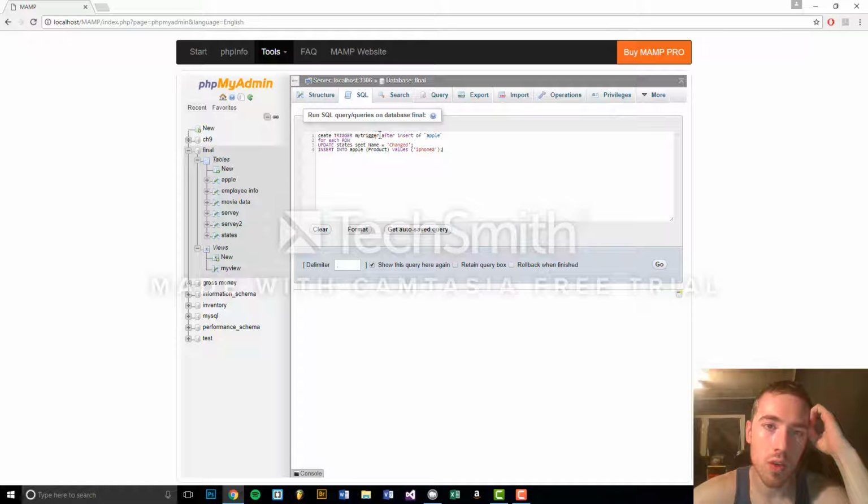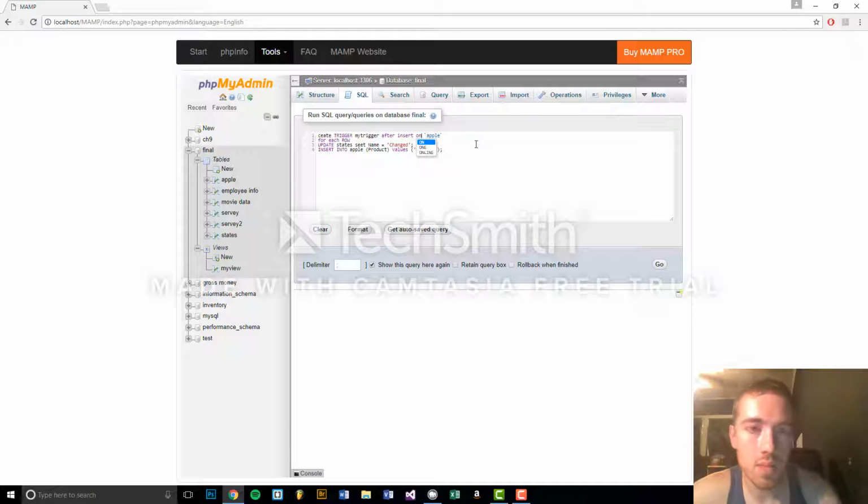So I'm creating a trigger called myTrigger, and after insert on Apple, so that's pretty much saying when I insert something into my Apple table,